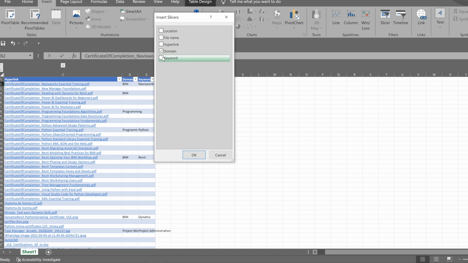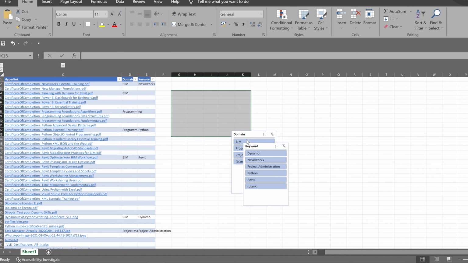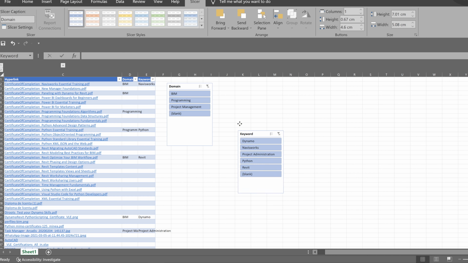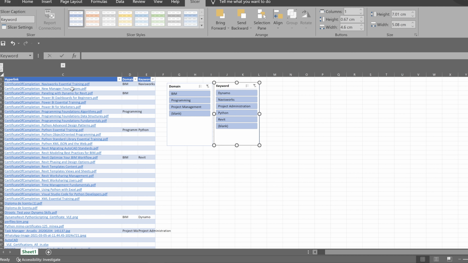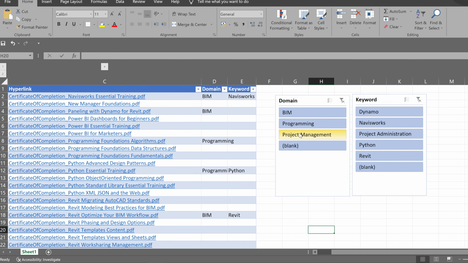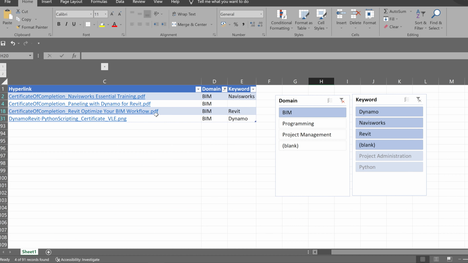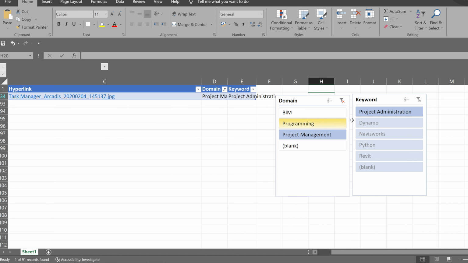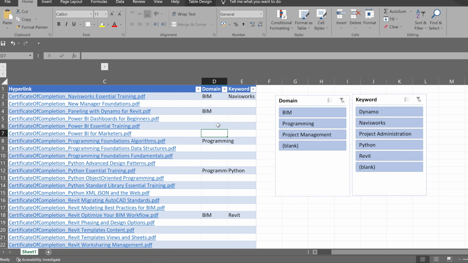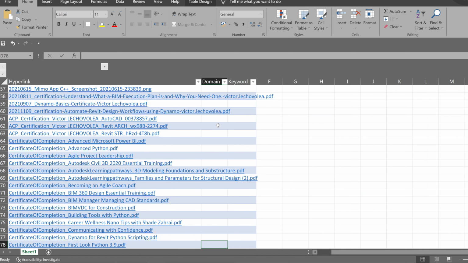So the idea of the slicer is to have, for instance, these two, domain and keywords. Right now, for instance, which certifications do I have on programming, let's say? Or what do I have on BIM and ISO, or what do I have in project management? Or by keyword, because at a certain moment, if I go here, I have